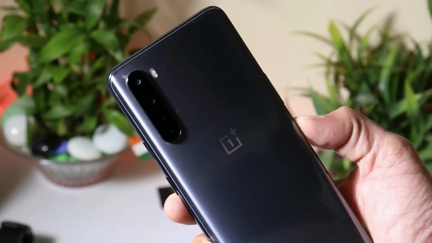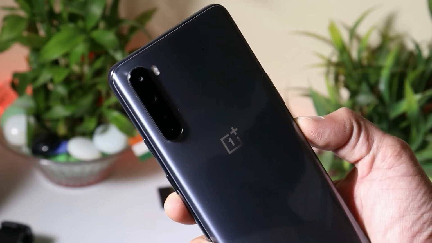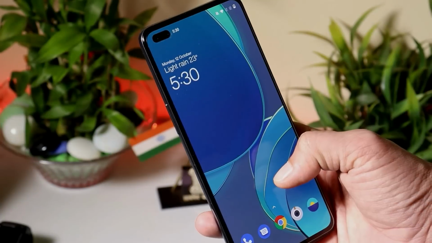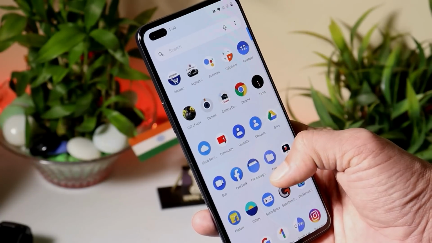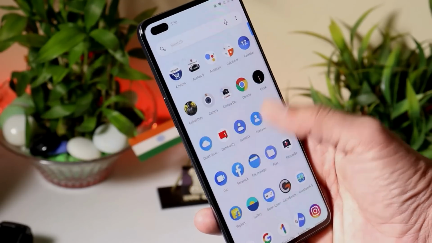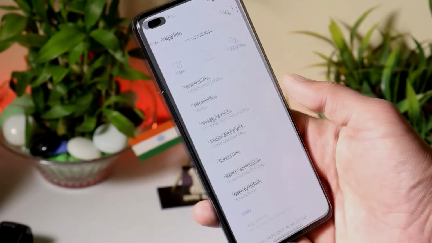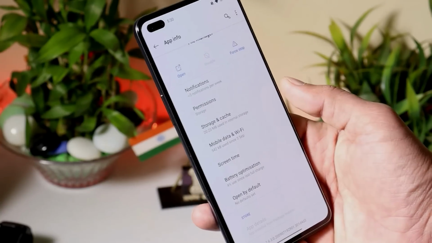In this video we'll be using a OnePlus Nord which is running on the latest version of Oxygen OS based on Android 10. And also if you are installing these applications on any other OnePlus device, before installing make sure to know the version of your previous application so that if anything goes wrong you can uninstall that application and manually push the same version of your previous application.